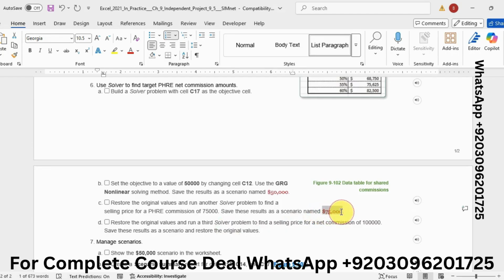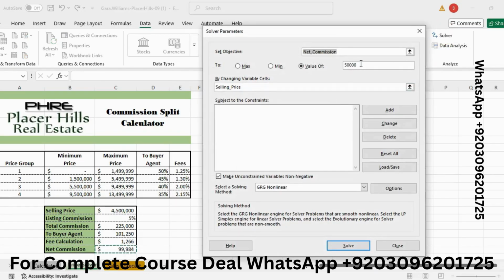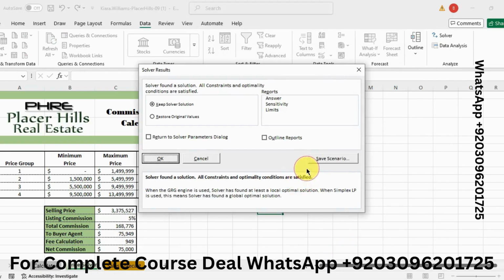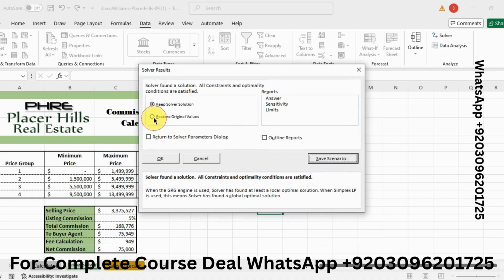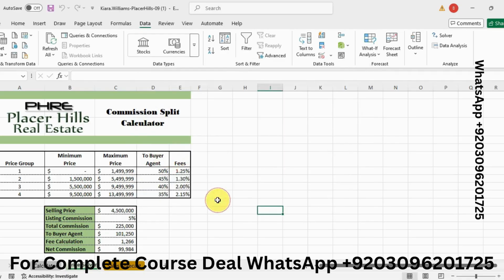Okay, copy this, go to Excel, click on Solver again, and now the value is here 75,000, and now click on Solve and now click on Save Scenario, paste the name of the scenario here and then click on OK. And now check the box of Restore Original Values and then click on OK.